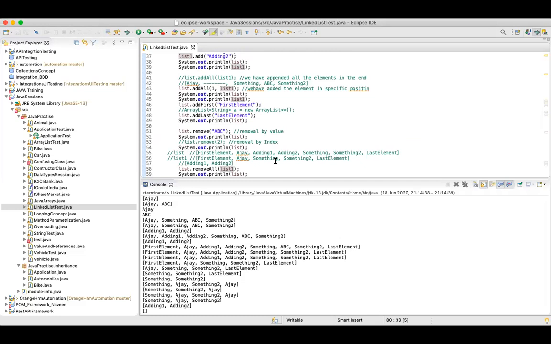Yesterday, when we create an array in Java, we have to specify a size. I'm talking about array, not array list, guys. In order to overcome that and to have a specific data type, we use array list. So array list internally uses a dynamic array to store the elements, so here we are not specifying size. But as I said, linked list uses a doubly linked list to store the elements.